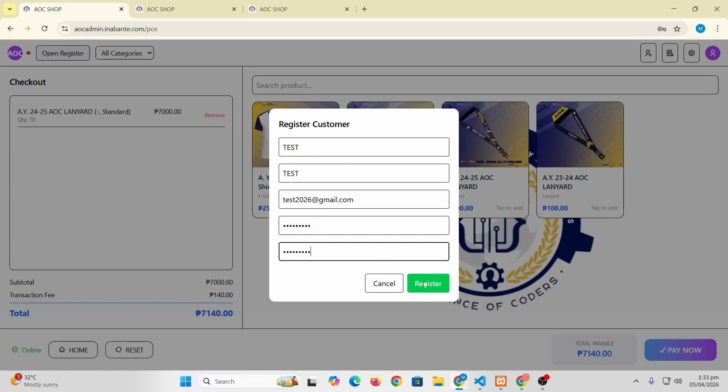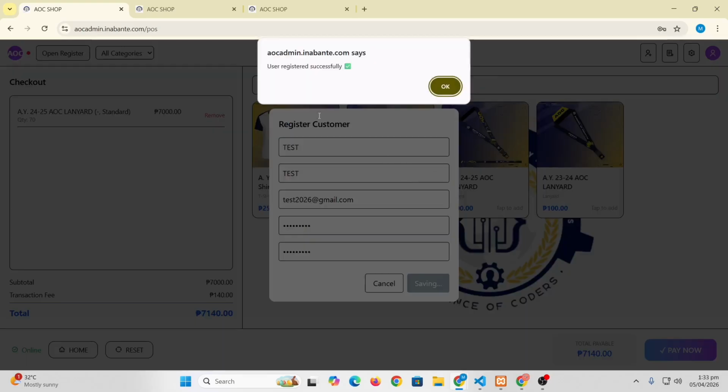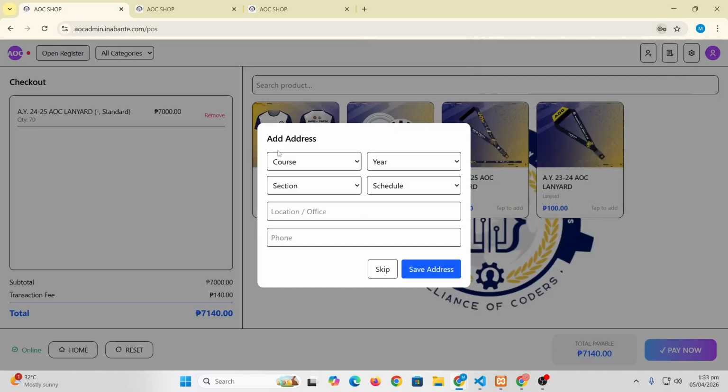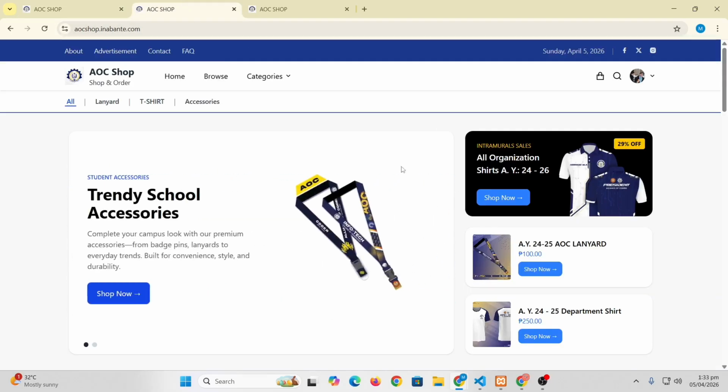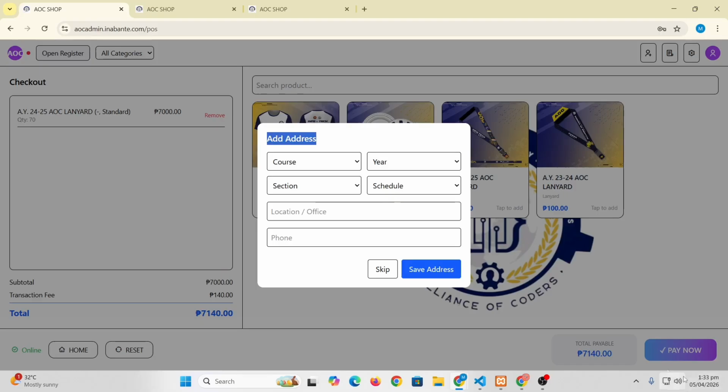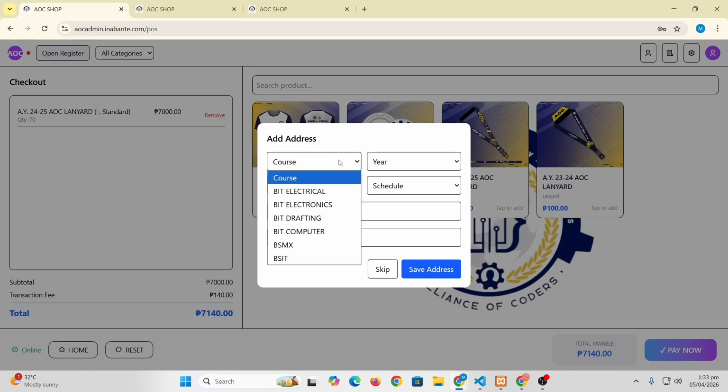We successfully registered a new user, but we need to add an address for our user. But you can skip it, because you can add an address in your user account right here in our online shop or in our payment. But for our default, I'm going to register an address for the new user that we registered.